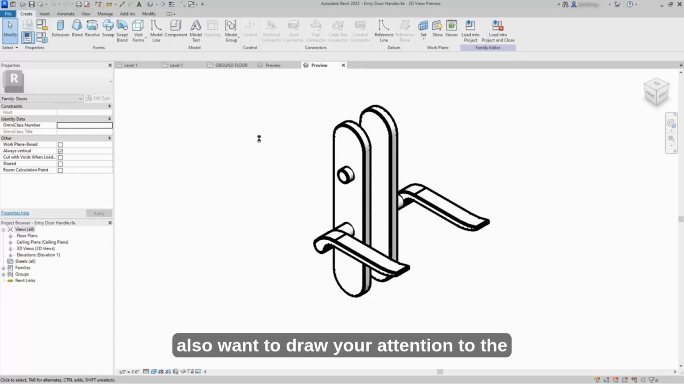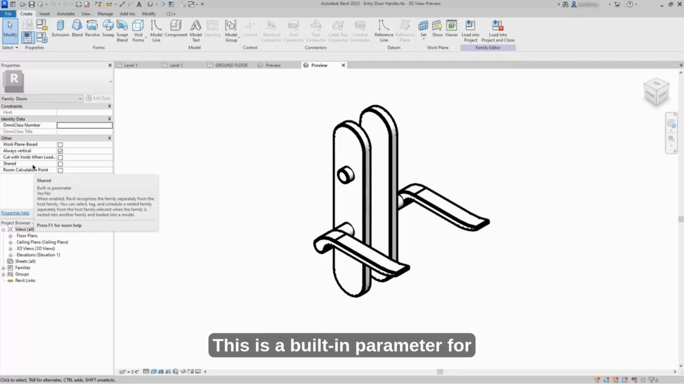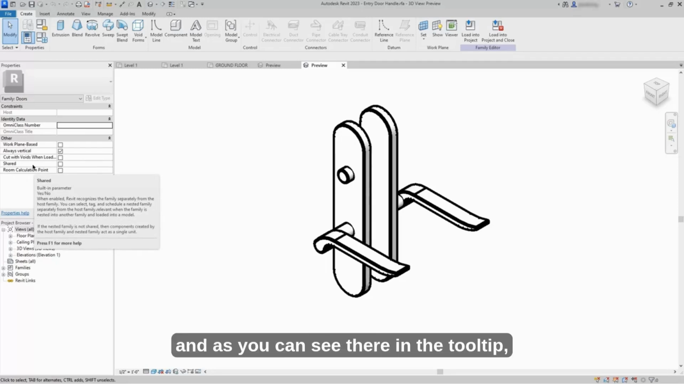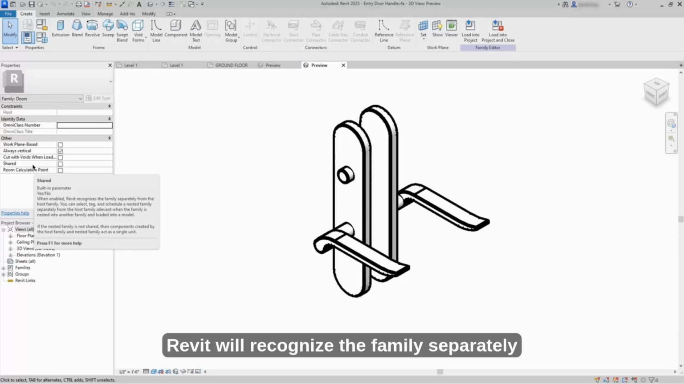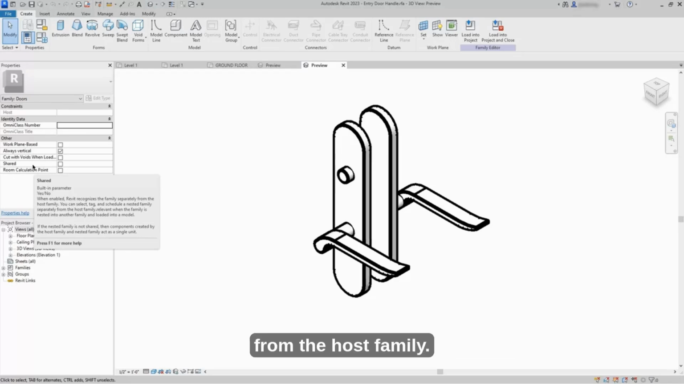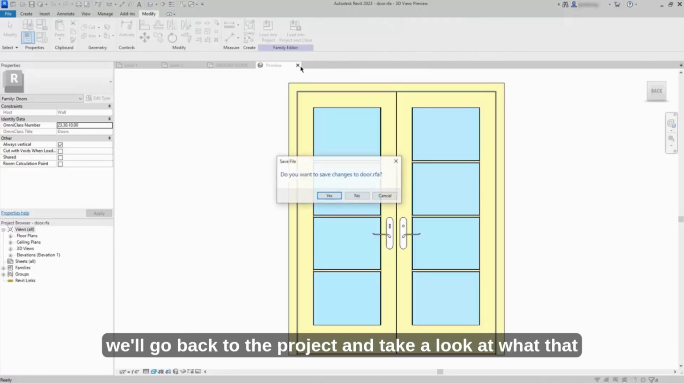I also want to draw your attention to the shared parameter. This is a built-in parameter for families, and as you can see there in the tooltip, when it's enabled, Revit will recognize the family separately from the host family. So I'm going to close these families, and then we'll go back to the project and take a look at